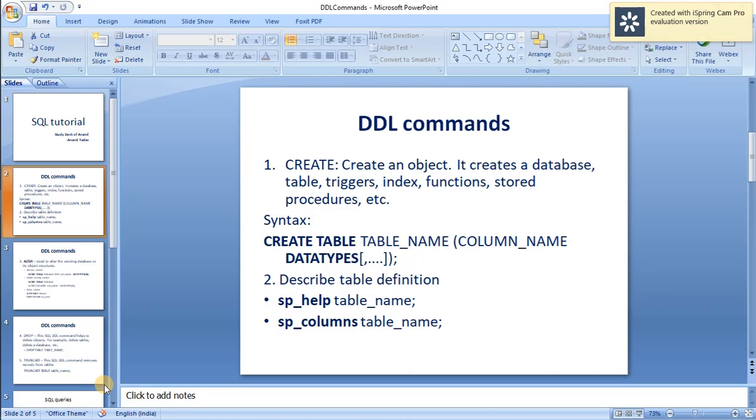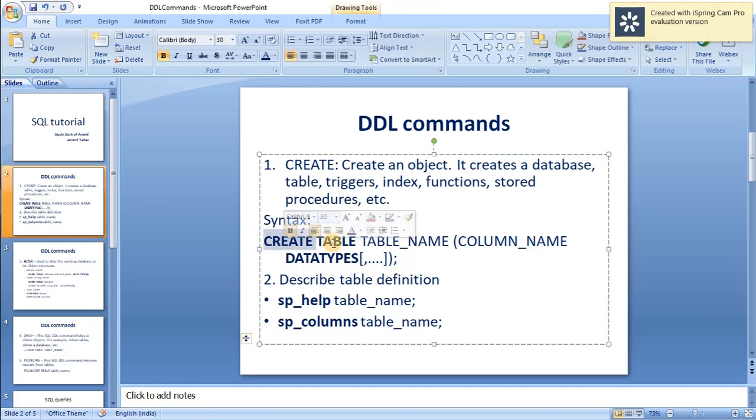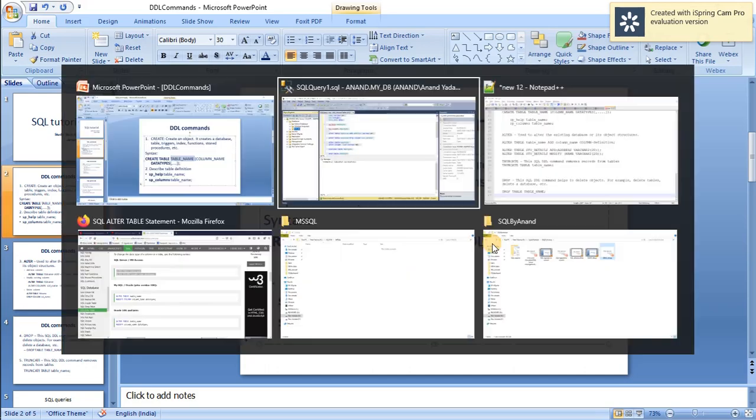The syntax for creating a table is very straightforward. CREATE is the command, and TABLE is also a keyword, and then the table name. Here we provide whatever name we want to give the table, so we can give our own table name. Here we are going to create a table for employees, so I will give employee as my table name. And then we have attributes, the columns, where we provide a column name. We can create as many columns as we want in the table. So let's see it in practical.